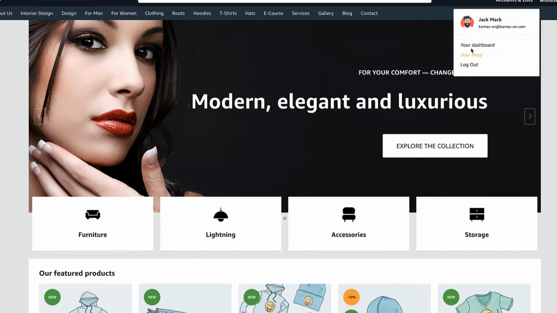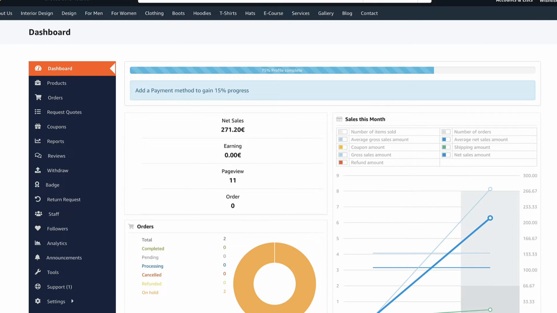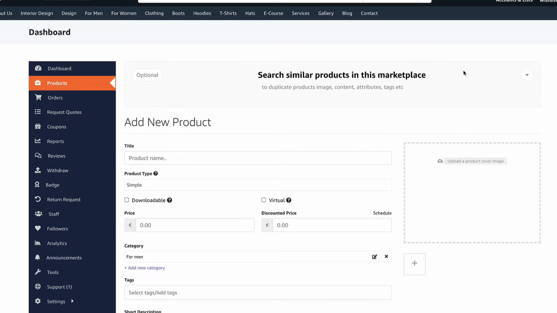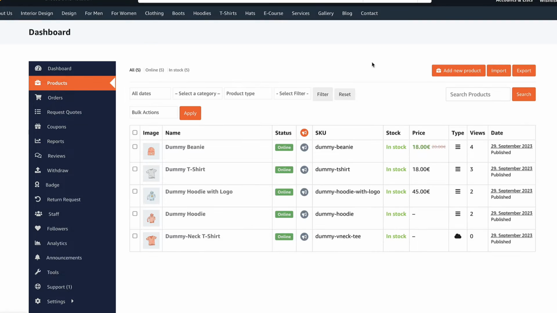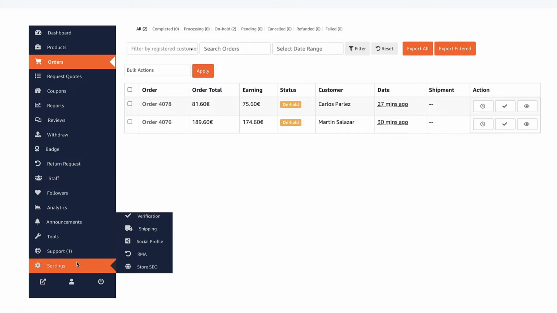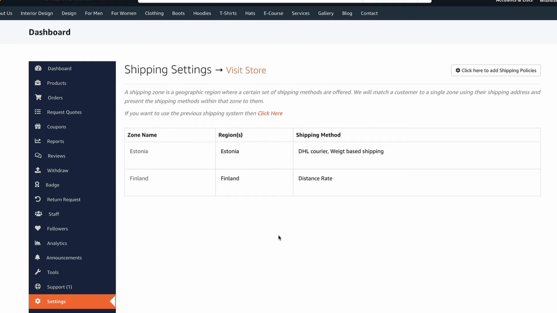If I log in as a vendor, then I can customize my shop as I like. I can create products. Just click on add product, enter the details, and done. I can import and export stuff, see all the orders, add coupons, see the analytics. I can set up my own shipping rules, and so on and so forth. It's really easy to set up, so if you're interested, then jump in and let's see how to create a